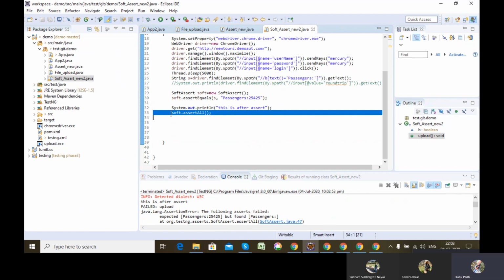Okay, you got it? Yes. Similar to hard assert, soft assert also has a number of functions which I told you about previously for hard assert. The same functions also follow for soft assert. You can use them in soft assert also. So this is pretty much about soft assert and hard assert, how you use the checkpoints to check the actual value and expected value. The major difference is that in hard assert, the lines of code after the checkpoint, if it fails, don't get executed. But in soft assert, even if it fails or passes, it executes the lines of code present after the checkpoint.